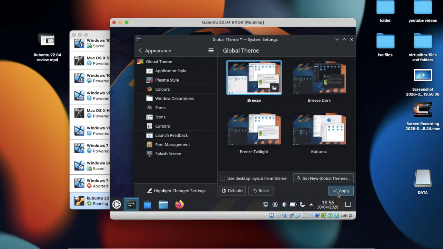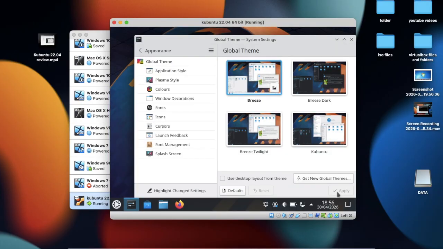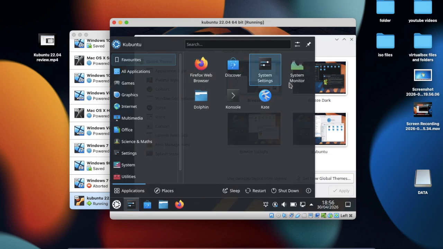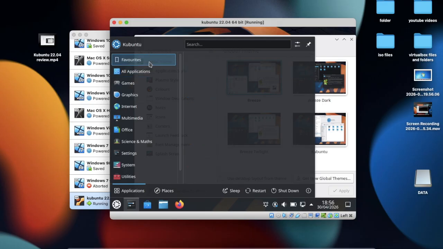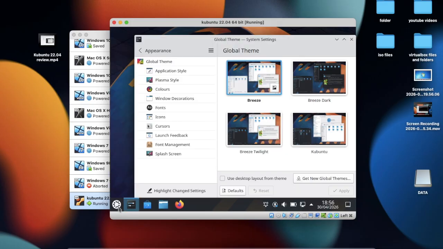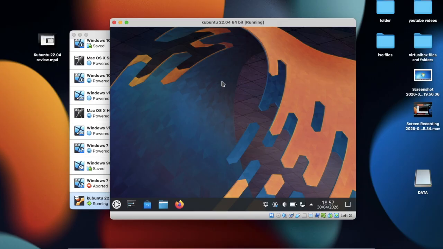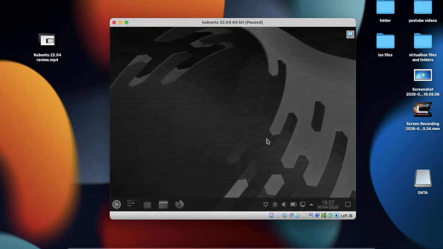If we go onto Breeze, if we want to go to fully light mode, the traditional one, then the look can be similar. But the start button, the start menu and the taskbar, etc. are not light yet until we get specific configurations. If you want to go back to the Kubuntu theme, then I can go ahead and go back to it. And that is how to install Kubuntu 22.04 on